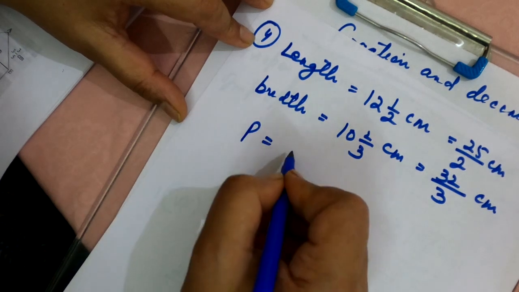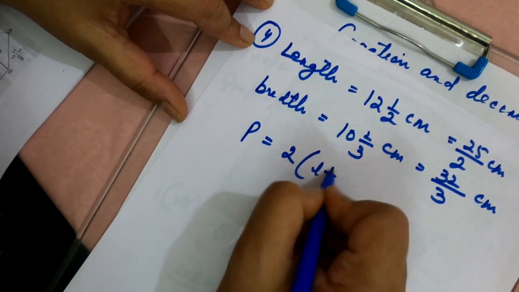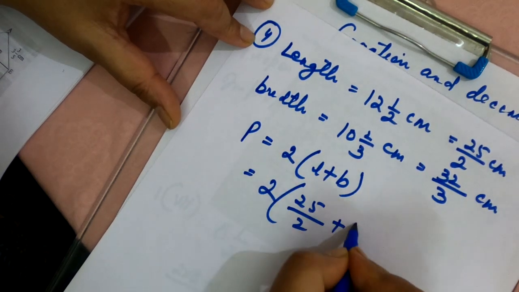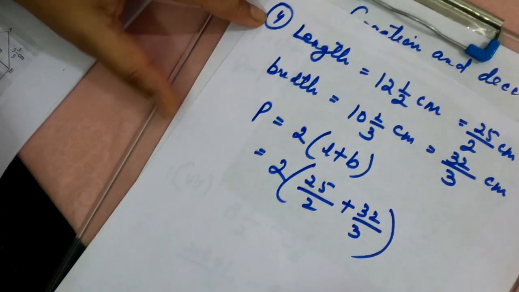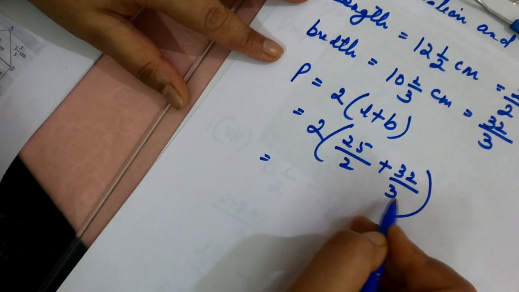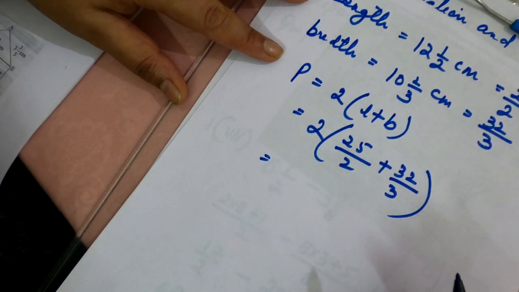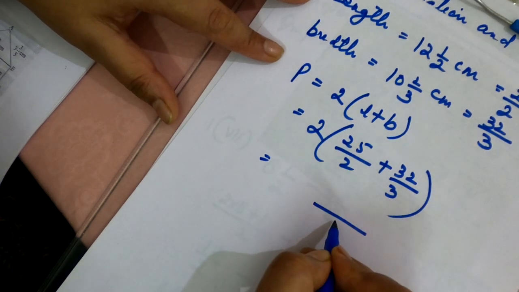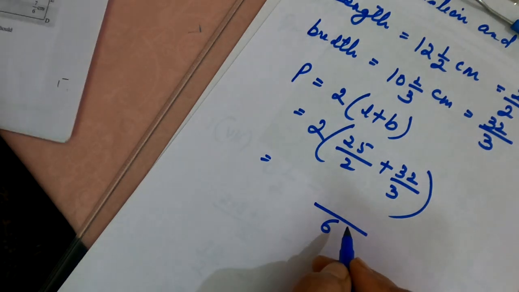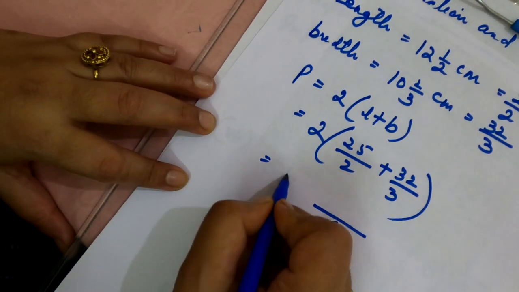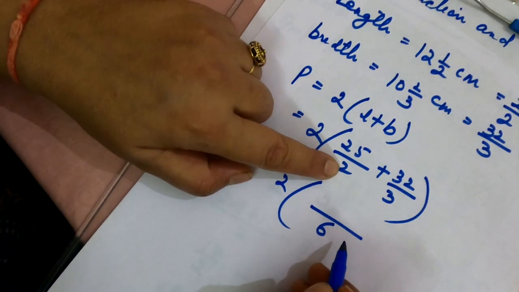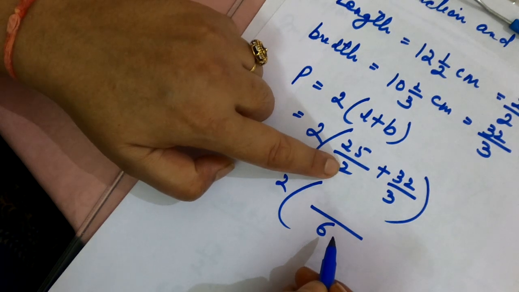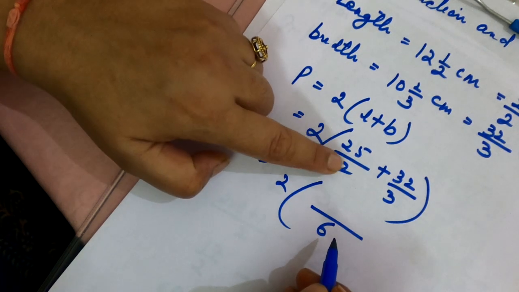Now the formula for the perimeter is 2 times (L plus B), that is equal to 2. Let us place the values. Can you see? Now 2 and 3 are in the denominators, they are unlike. So what we are going to do is find the LCM of 2 and 3. What is the LCM of 2 and 3? That will be 6. So if I want 6 here, I will have to multiply numerator as well as denominator by 3.